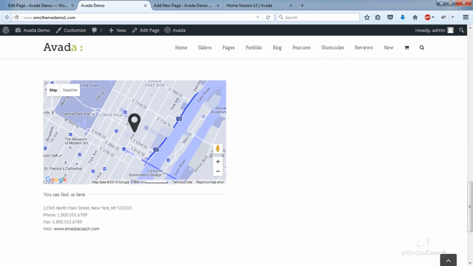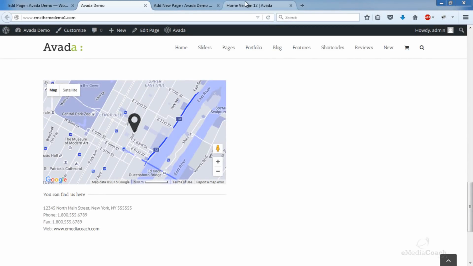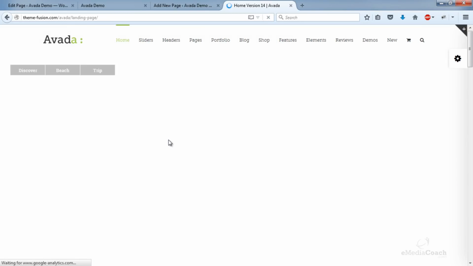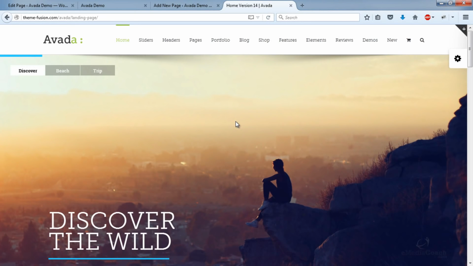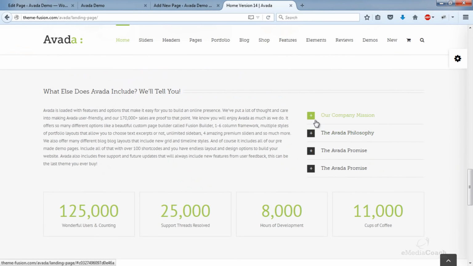That's excellent. Good stuff. I'm really happy with that so far. Okay, now back in home page 14, I saw some accordions that I wanted to add. They're a nice little feature when you don't want to take up too much space on your site, but still want information available to your users when they need it. So I'm going to add this accordion block.